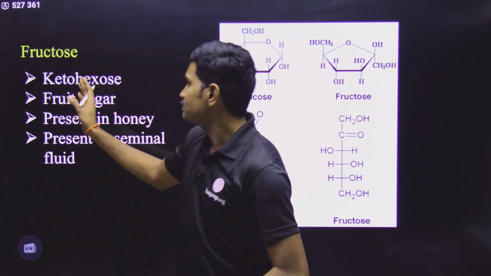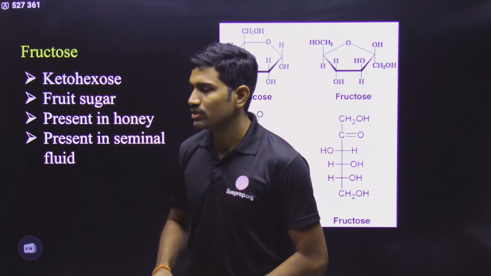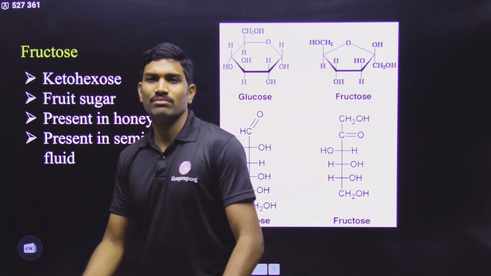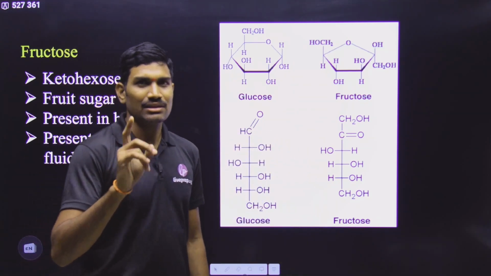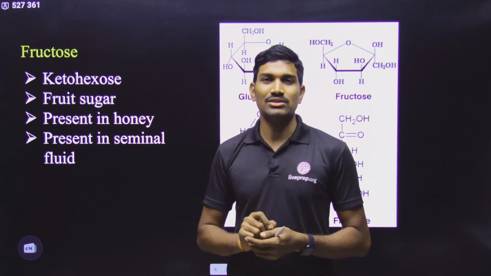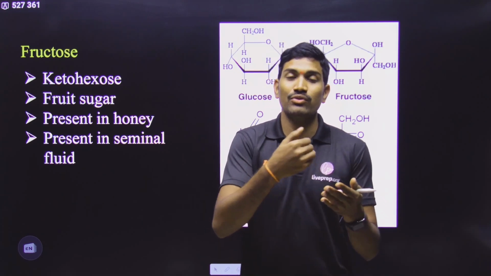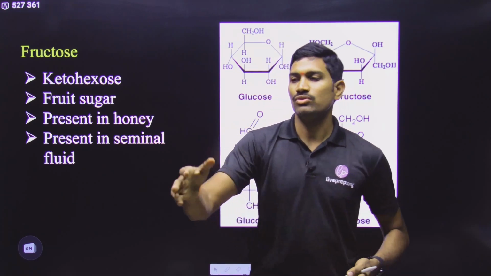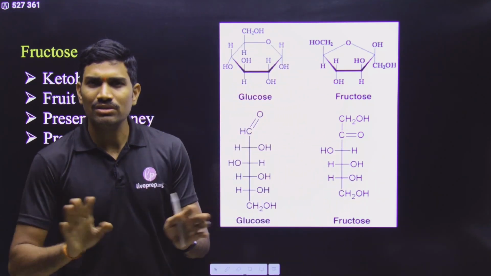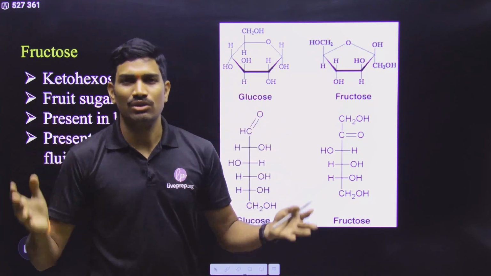Next one is regarding this fructose. Fructose is the ketohexose, 6 carbon containing ketone sugar. It is also called as a fruit sugar. It is called as fruit sugar, that is correct, no problem. But when some of the faculties, it is actually not the problem of the students, it is the problem of the faculties. When they are preparing the questions, what they are doing, fruits contain which of the following sugar? They are preparing question like this, fruits contain which of the following sugar? Glucose, fructose, sucrose, like this they are giving. Please remember the concept here. Don't think that fruits are having only fructose. Every fruit will have different types of sugars.